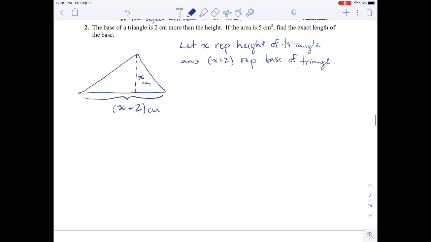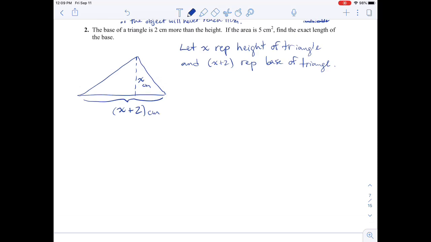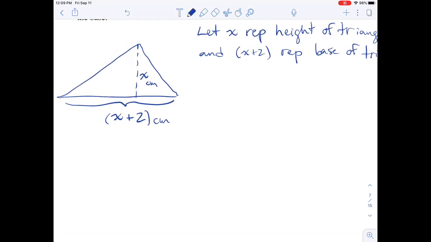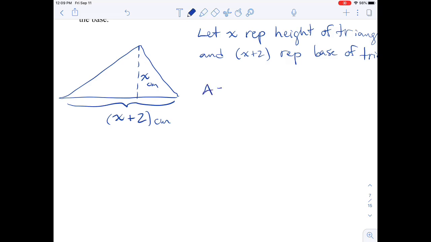And now let's think about where we can go from there. Well, the only other piece of information we're told is that the area is 5 centimeters. So let's try and construct some sort of equation based on area, because then we can substitute in a specific value for the area. We can substitute in a 5 in place of a for area. And if we think back to what we know about triangles,